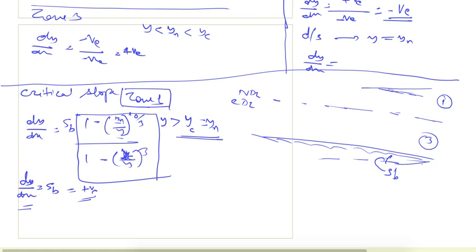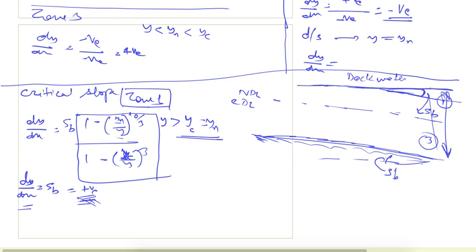So now if I draw a line parallel to the channel bed, and if I measure this angle, this is our Sb, and now this is also Sb, so this line will be horizontal. But it doesn't mean the flow has become horizontal, because here this slope is decreasing, and so this depth is increasing, so this is actually an increasing kind of profile, which means this is a backwater curve, but this profile will be horizontal,